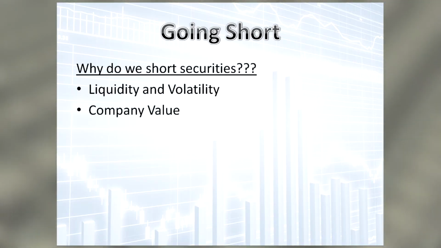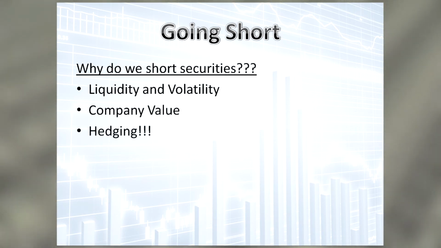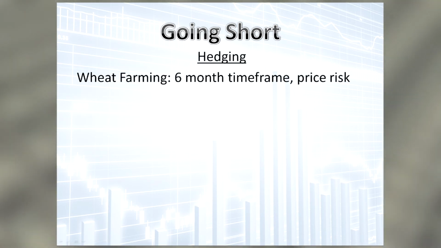By far, however, the biggest value behind short selling is the ability for hedging. Hedging is a means of minimizing risk from a more complex set of transactions. Let's take as an example a wheat farmer. He's planting his seeds in the spring and he plans on selling his harvest in the fall. Of course, the farmer wants to make as much money as possible from his harvest, but he is subject to price risk. The price of wheat might be changing over time and it might be lower in the fall.